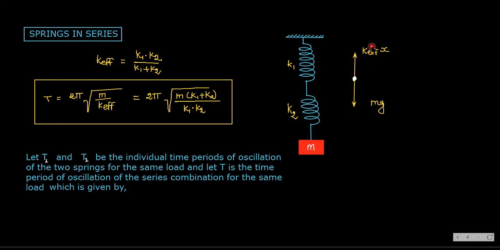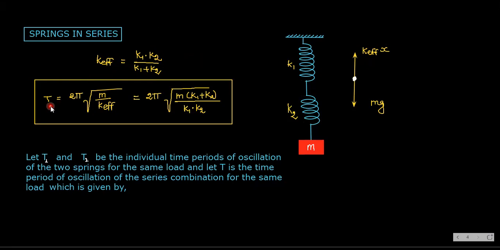So already in the last chapter we have learned, if suppose the springs are connected in series, K effective is what? K1 K2 by K1 plus K2. That is 1 by K effective is equal to 1 by K1 plus 1 by K2. So therefore,